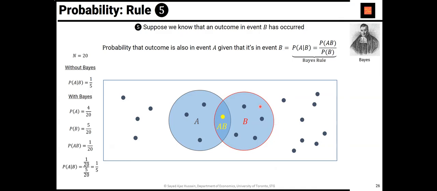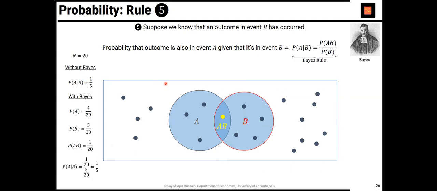Given that you told me that you have seen an outcome in set B, what's the probability that what you saw was also in set A? So remember, you're only telling me that what you have seen is sitting in set B. From that information that you gave me, I want to know what's the chance that what you saw was in set A. One way to do this without Bayes' rule is to realize that you had 20 dots to begin with,